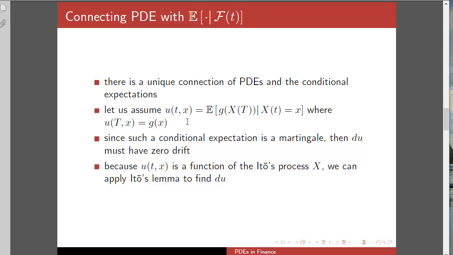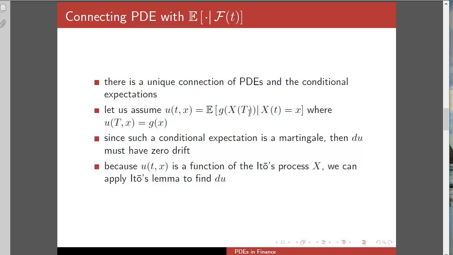So let us assume that we have some function u that is subject to time and the current value of the Itô process. Here x is the current value of the Itô process,